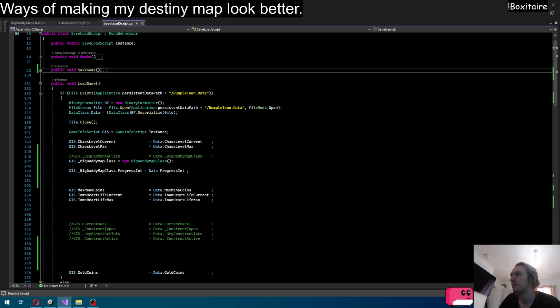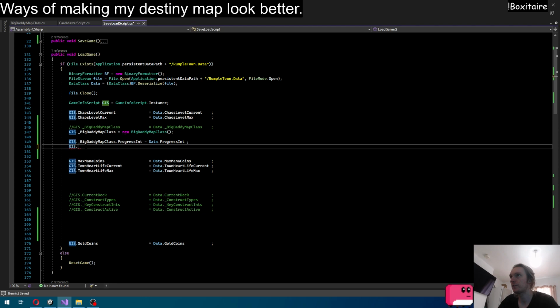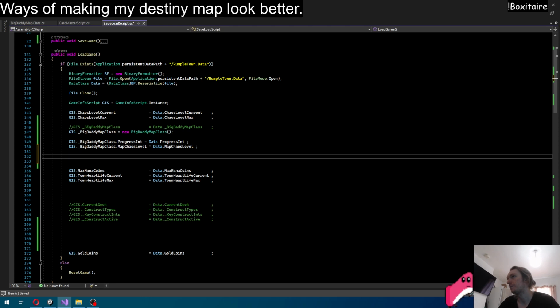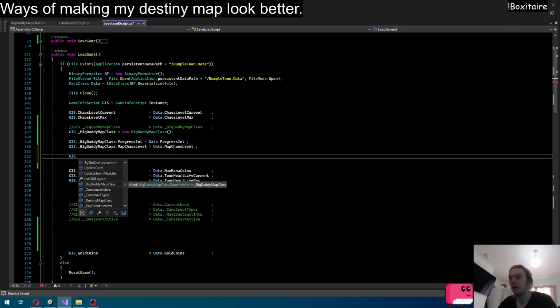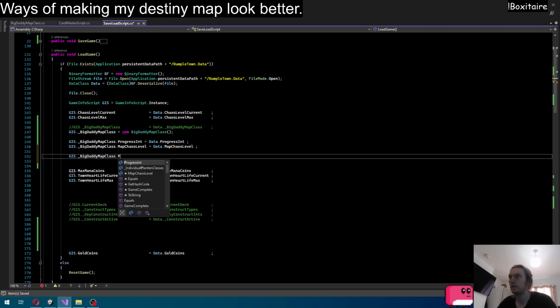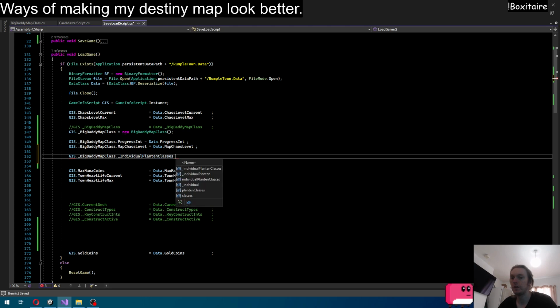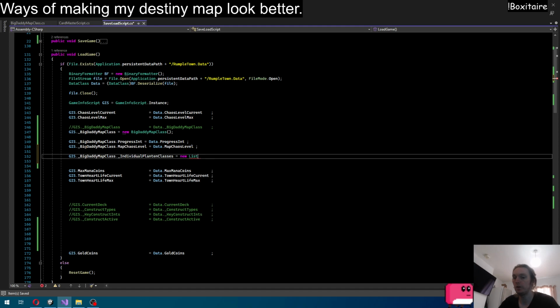Okay, right. So now that we have done that, we can now have gis dot underscore big daddy map class dot map chaos level equals. That's fantastic. Okay, now we've got the fun part. gis dot underscore big daddy map class dot individual plants and classes equals new list of